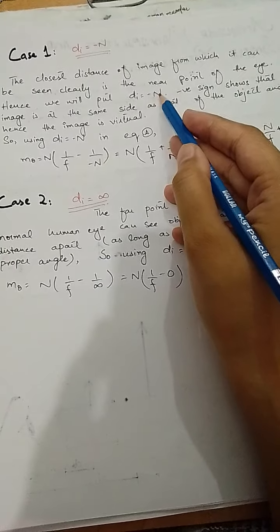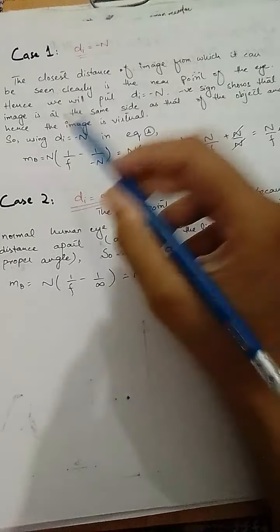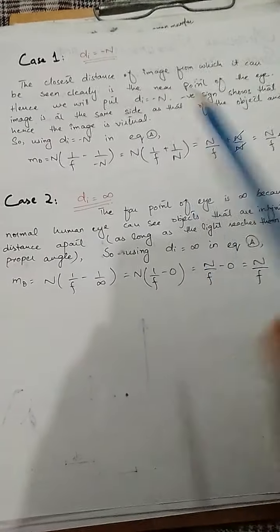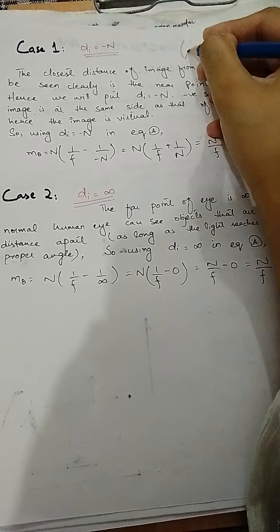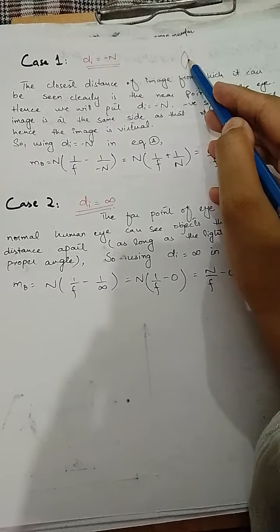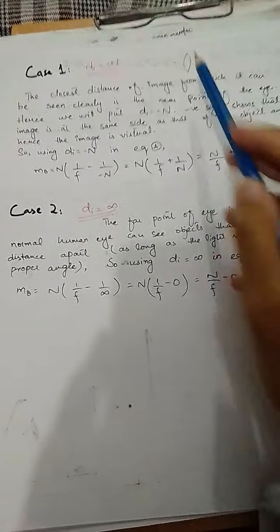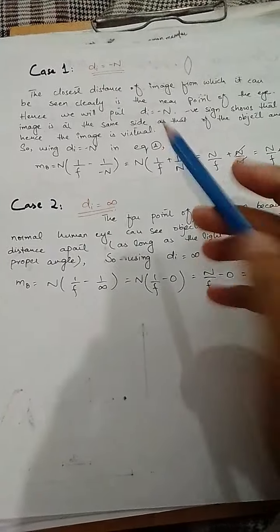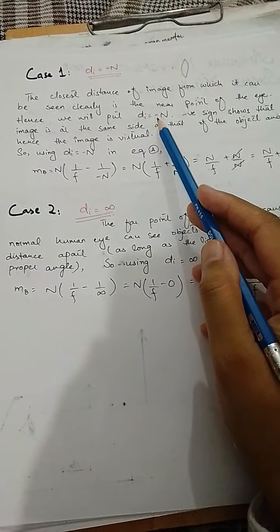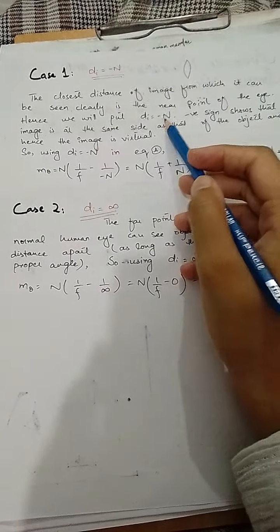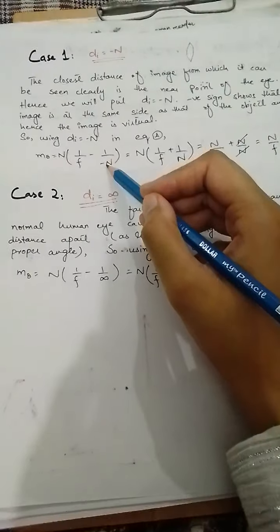Alright, so n is the near point, and the negative sign shows that the image is on the same side as that of the object. So it is to the left side of the lens. Alright, the eye is at the right side and the image is at the left side. That is why we have used the negative sign over here, right? So putting d_i equals minus n over here, we get,